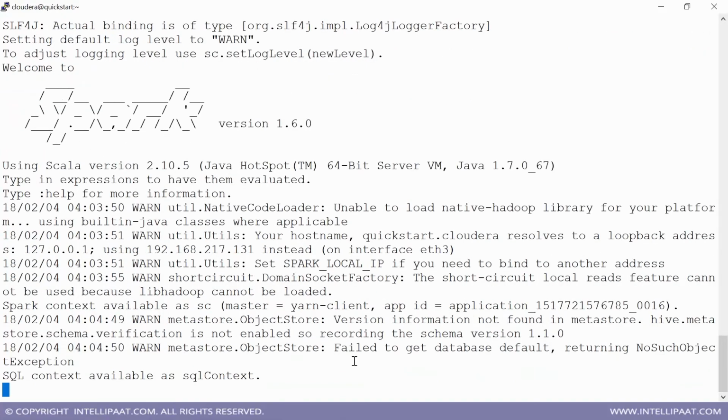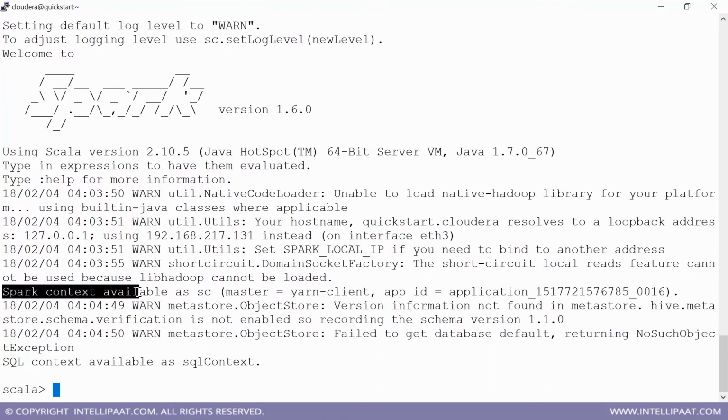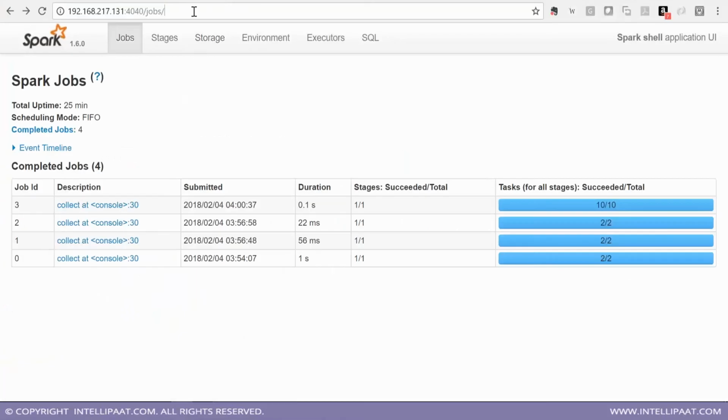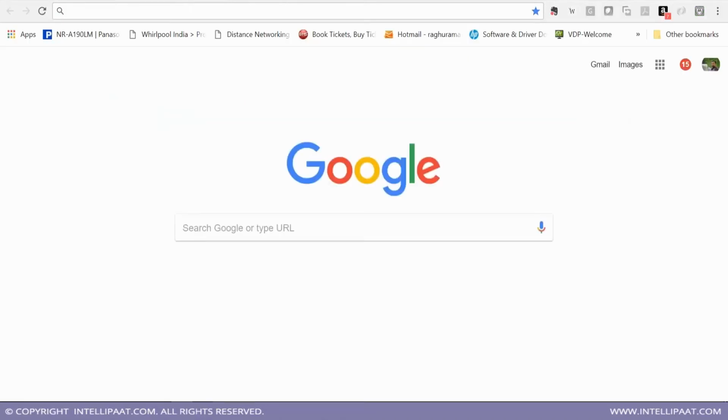You can see the shell, and here you can see that Spark context is available as sc and master is yarn client. Previously, master was local. Now it is yarn client, which means it is running in the yarn mode. Now, in the yarn mode, if I look at the UI, I will not see the UI. So in the yarn mode, if I want to see the UI, what I need to do is